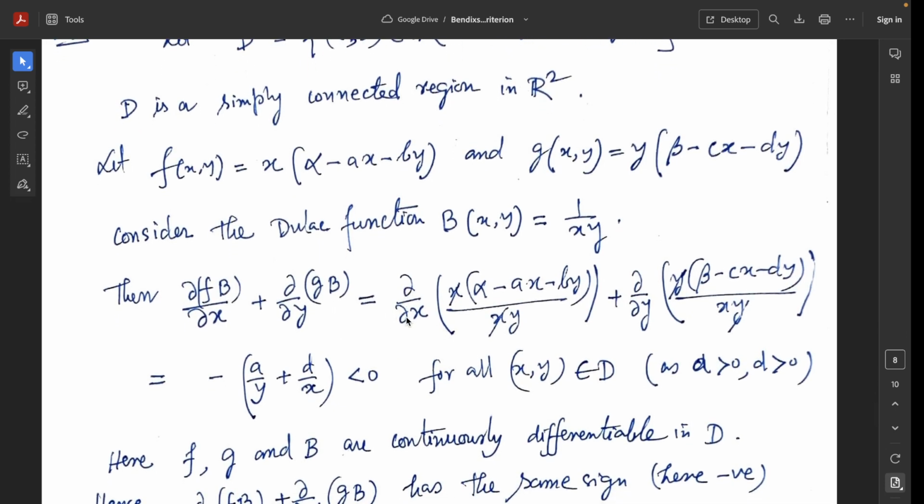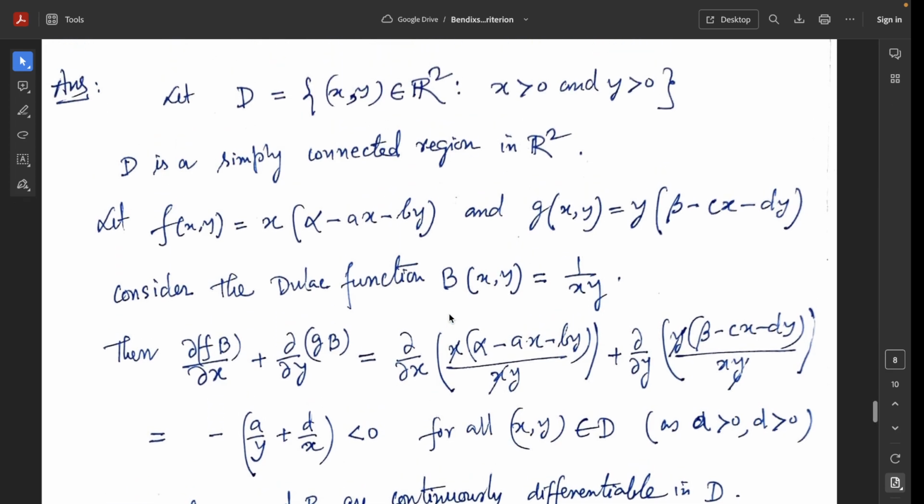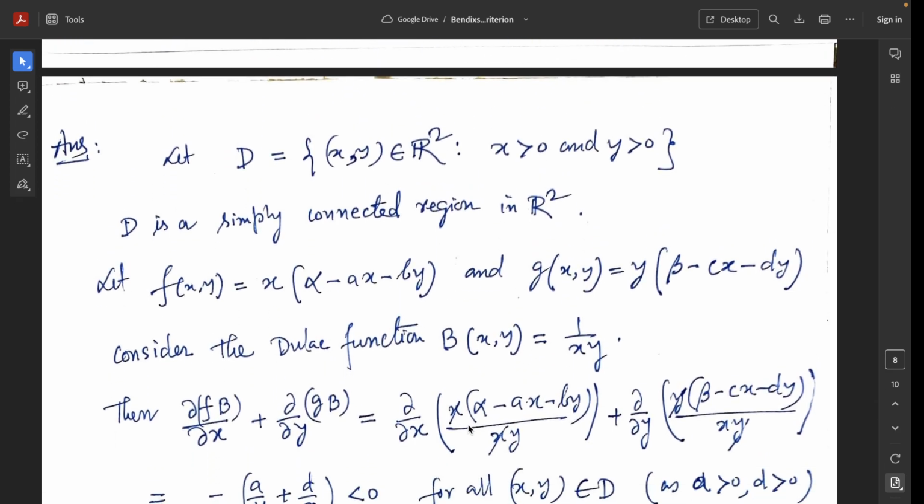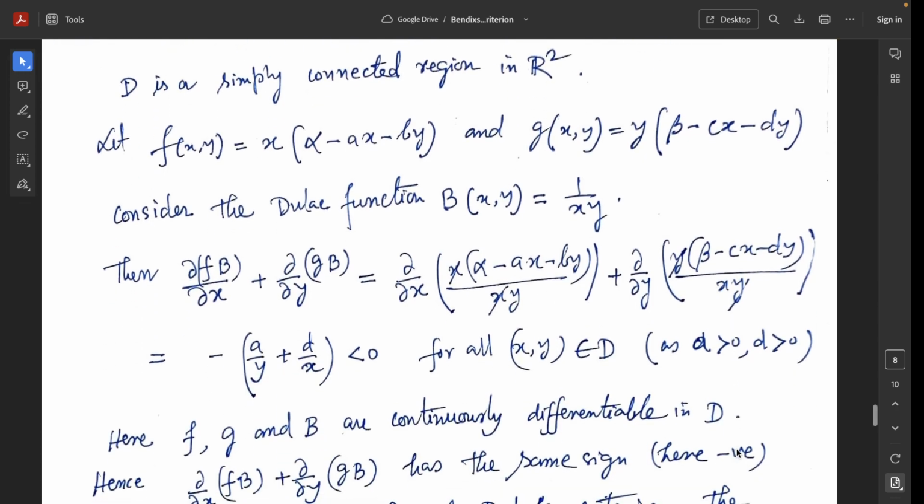Here f equals x into (alpha minus ax minus by), into B means 1 by xy, plus del y of g, y into (beta minus cx minus dy), into B means 1 by xy. So cancel this, and after partial derivatives with respect to x and with respect to y,